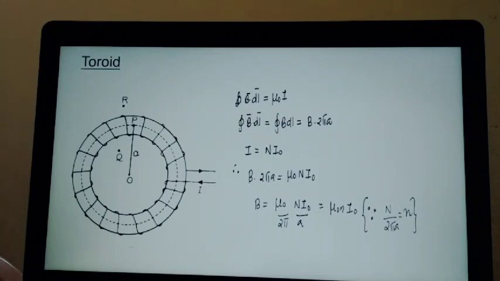So B is equal to mu 0 N I0 divided by 2 pi a, which is equal to mu 0 small n into I0, where small n is equal to capital N by 2 pi a. What is 2 pi a? Total length. And what is capital N? Total number of turns in the toroid. So here we have taken three different points P, Q and R. This is the magnetic field intensity at the point P, which is an axial point. R is an outside point. We have already seen that outside the solenoid and toroid there is no magnetic field. And when you consider the point inside, Q, when you consider an Amperian loop through Q, the current enclosed by it is equal to 0.